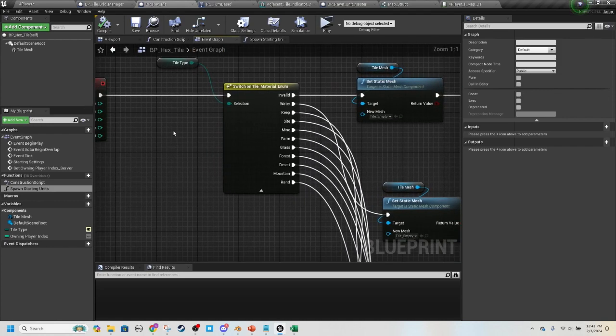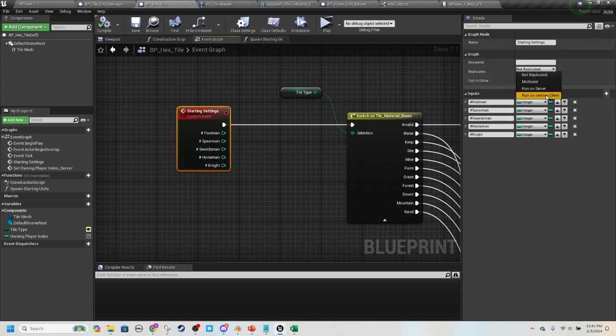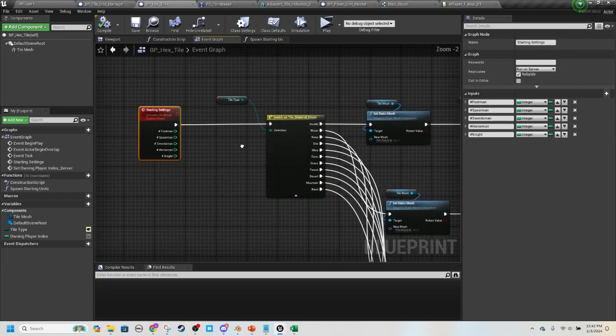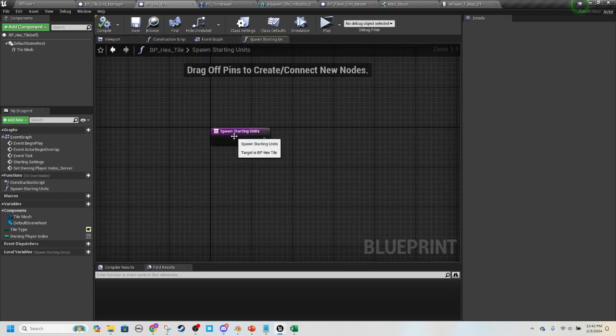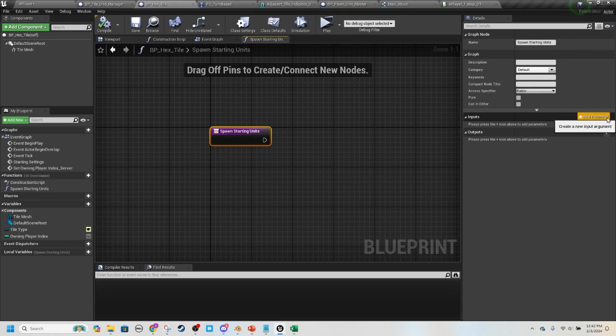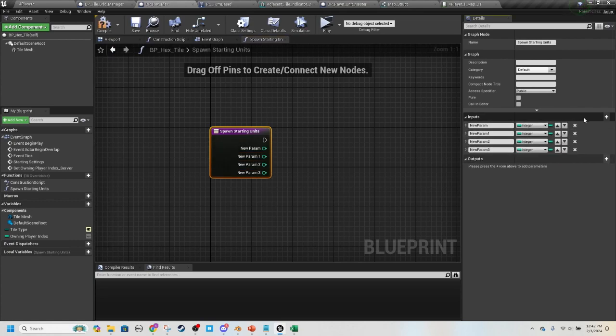And let me make sure starting settings should be running on the server and reliable. Okay. And then this spawn starting units, we're gonna have 5 units, but number footman,